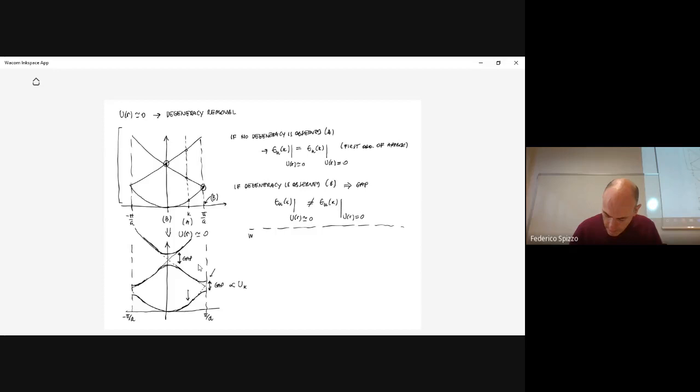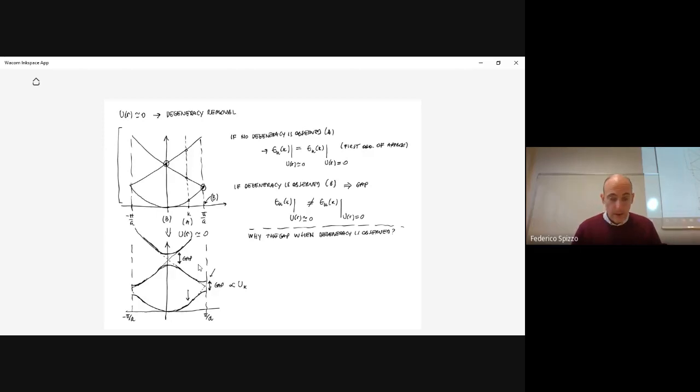So why is the appearance of the gap observed only when the potential is present in the system and not when you do not have the potential? Because, again, when Bloch demonstrated the theorem,